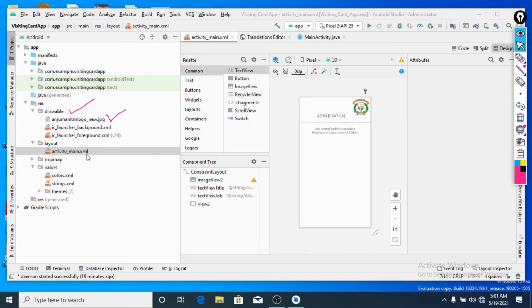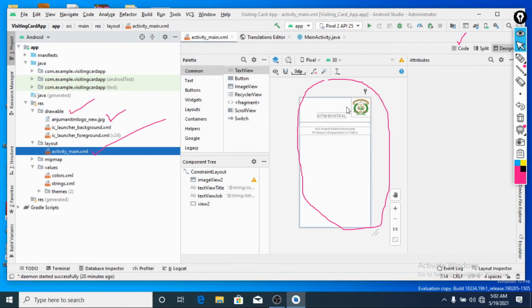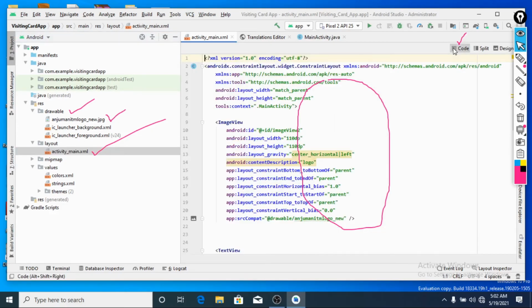Now let me go into the activity_main XML file, which is the shape or body of your app. Here is the app. Now mainly come to this point where there is code, split or design. Whenever you click on design, the design will be shown.